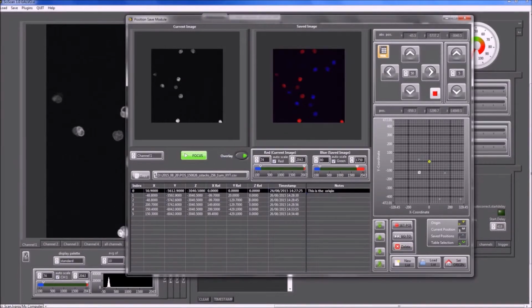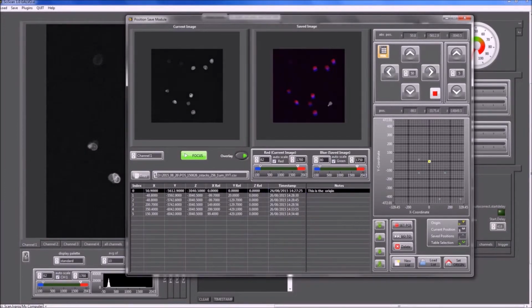new origin. Updating your origin can be quite useful when you come back to your experiment on a different day and want to shift all your positions with respect to a new origin. Remember that the relative positions remain constant, and when you change the origin, all the absolute XYZ change with respect